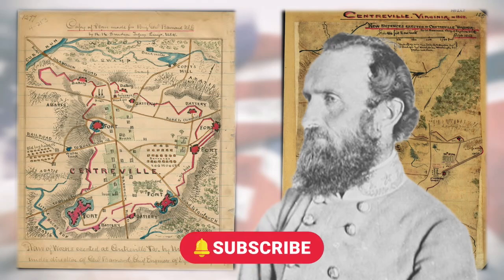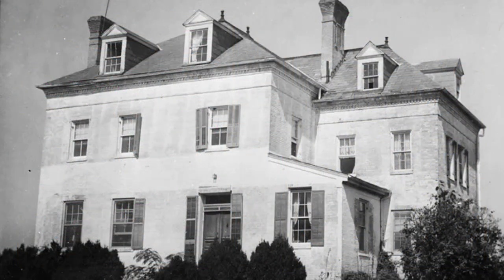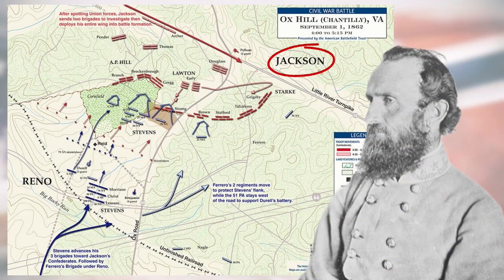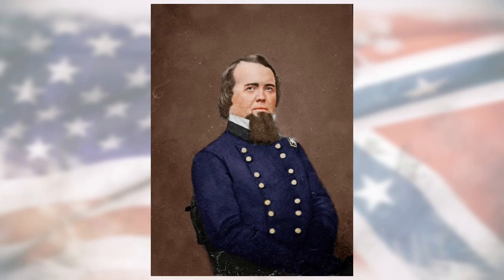The downpour that had slowed things the day before had momentarily abated. By 9:30 a.m., the Confederates reached the mansion Chantilly, which gave its name to the surrounding area. Jackson's divisions rested there until noon, then marched another 2 hours until reaching the western base of Ox Hill, a 500-foot rise that Stuart's cavalry had been holding since mid-morning. Meanwhile, Pope continued the buildup of forces along the Warrenton Turnpike.